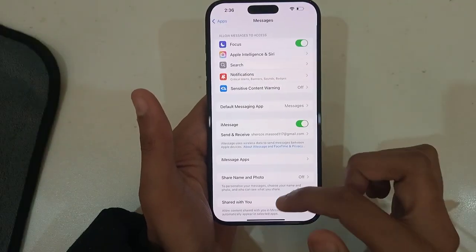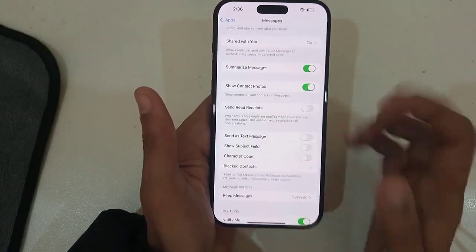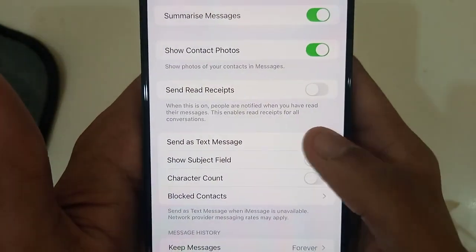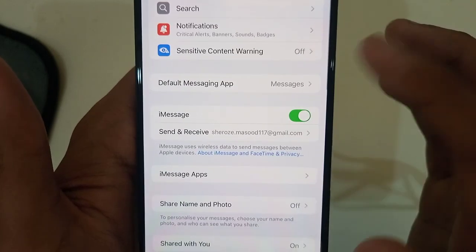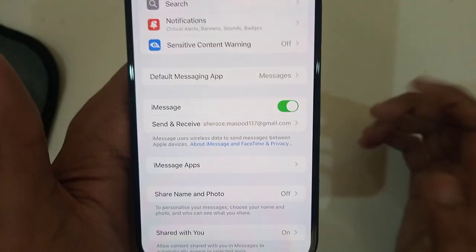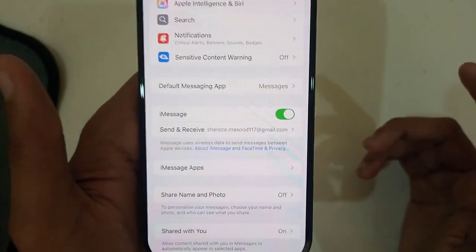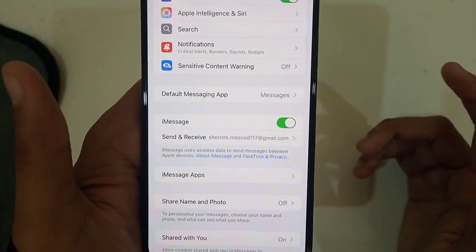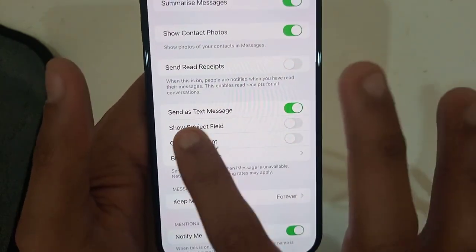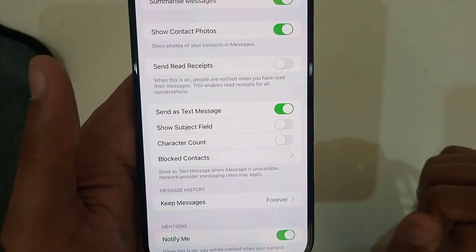Under the messages app, you need to scroll down and make sure that this option is enabled, send as a text message, because iPhone enables by default iMessage, and not everybody has the iMessage facility, and that's the only reason the Android phone cannot receive the message. So you need to make sure that this send as a text message is enabled,